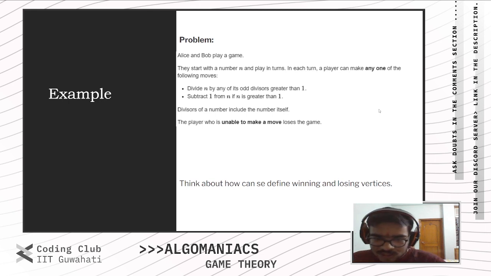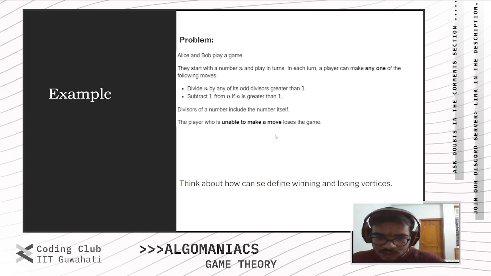So now only one case is left, where we'll consider the rest of the even numbers, which will be of the form 2 to the power n into some product of odd primes. So what we can just do is divide it by that product of primes. For say, if the number is 20, it's 2 to the power 2 into 5. So we'll just divide it by 5 and we are left with a losing state. So from a vertex, we can go to a losing state, which makes this vertex a winning state. So I think we are done with this.